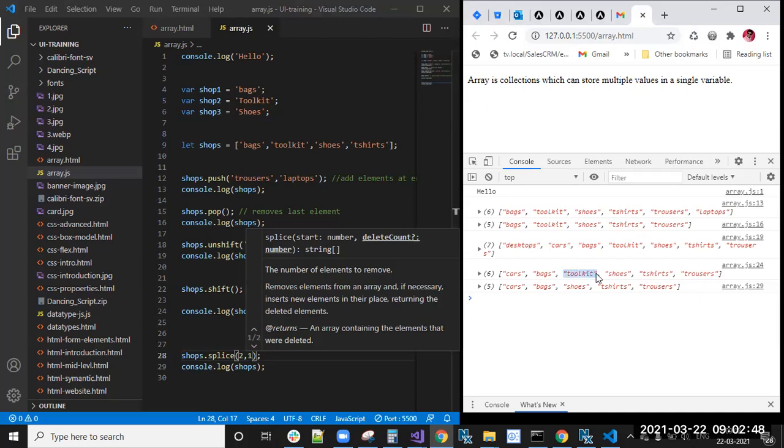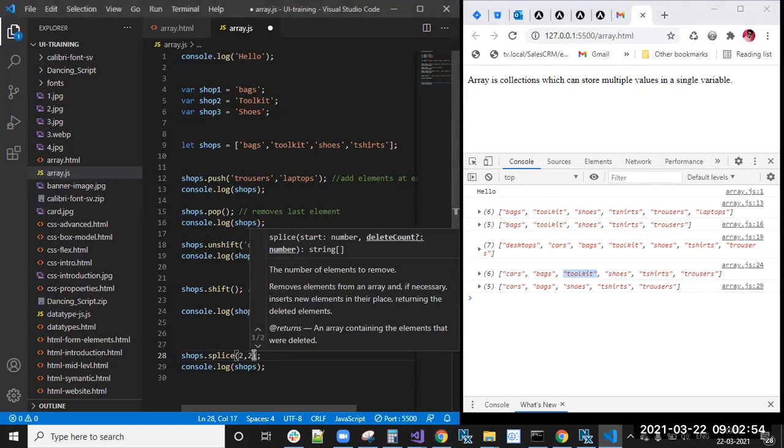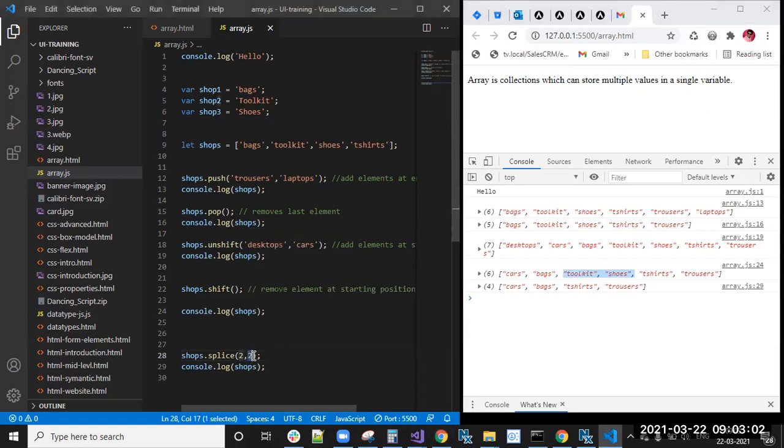That toolkit is removed. With 2 comma 1, toolkit is also removed. From that second position, how many elements do you want to remove? The first argument is from which index it will remove, and the second is how many elements it will remove. This is the splice method.